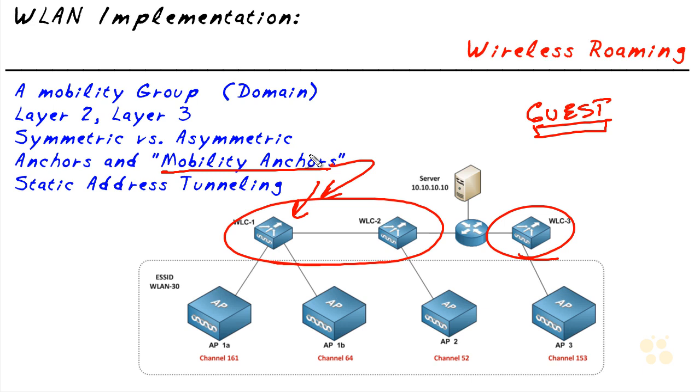And now anytime any of these access points get authentication and association requests, they're not going to handle it directly. They'll take it and tunnel it over to the mobility anchor. And it's that guy's job to make the decisions about whether they are going to connect, and that way we can place policy regarding that wireless network on that one controller. And then once the user passes the requirements, whatever the type of authentication was, and they get on that guest network, no matter which controller they're coming through, that traffic is going to be tunneled over to